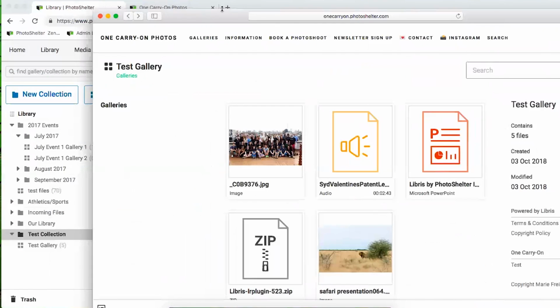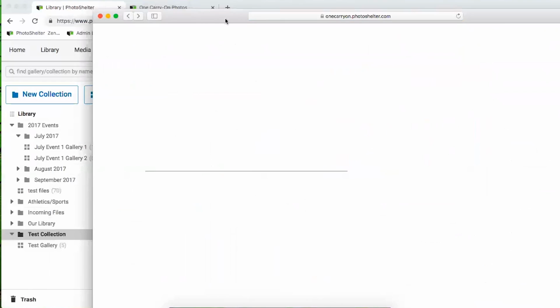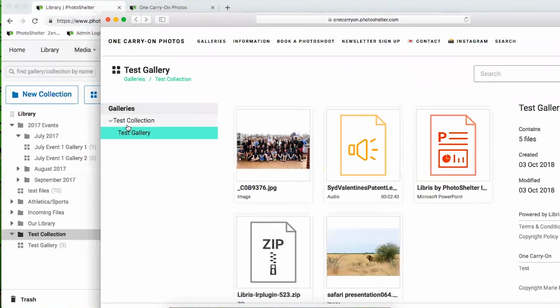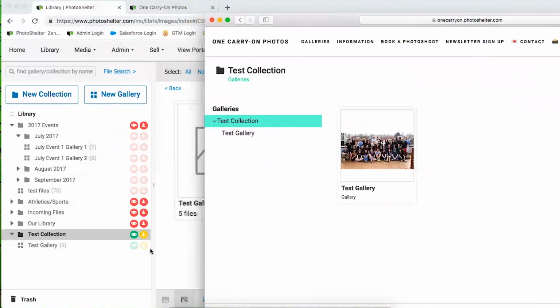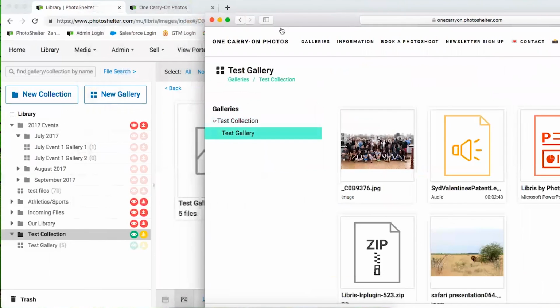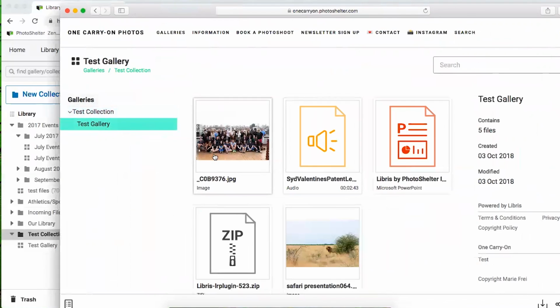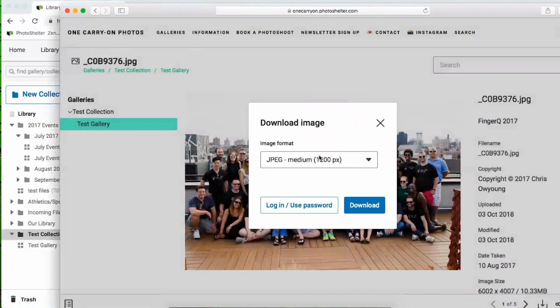If I refresh, now in my galleries area in the left pane, because of the green eye, I can see how someone can browse. They don't need to enter a password in order to see it on my portal. They can just browse straight in, and then I've already entered the password. The browser cache remembered that, so that's why I can still